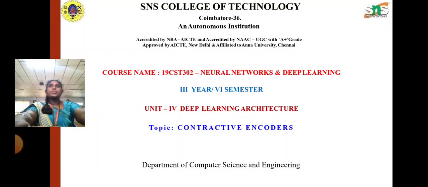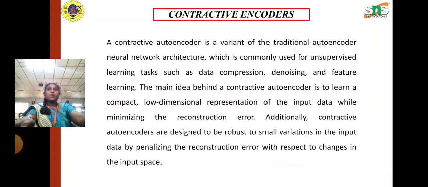Today, I am going to discuss contractive autoencoders. A contractive autoencoder is a specific type of autoencoder used in unsupervised machine learning. An autoencoder is a neural network designed to learn an efficient representation of the input data, called encoding, by training the network to ignore insignificant data or noise. This encoding can then be used for tasks such as dimensionality reduction, feature learning and more.